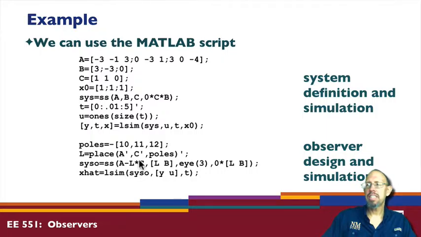Our observer has this as the A matrix, A minus L times C. This is the new input matrix. This includes the input Y and the input U. I have chosen the output C matrix to be just the identity matrix. This will give us all of the observer estimate values. And then here is the D matrix for this observer, just 0 of proper dimensions. X hat,